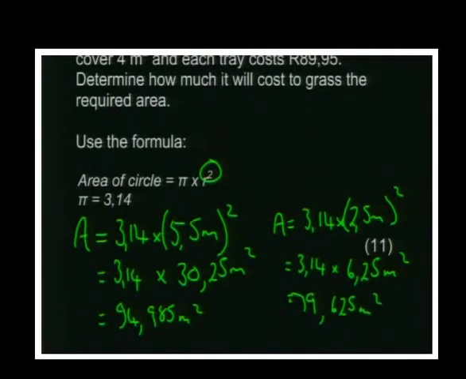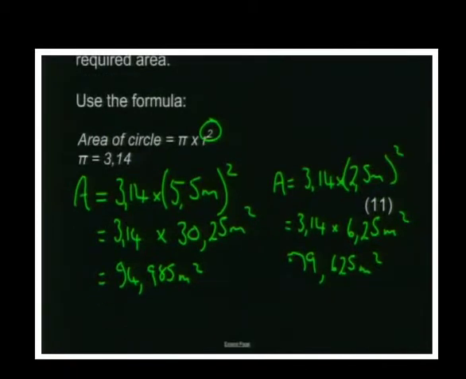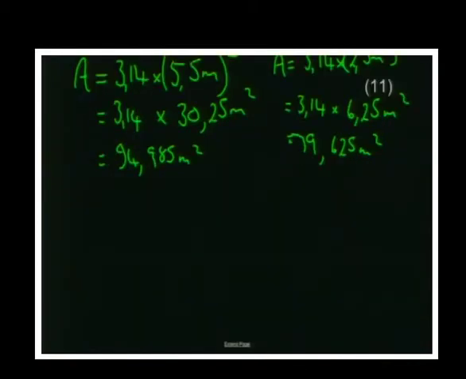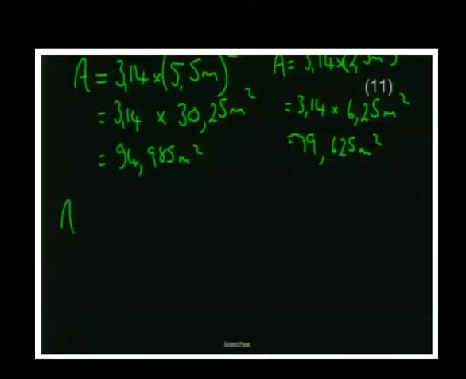19.625 meters squared. But now we have two different areas. The area of the whole pooled area, including the pool, and then the area of just the pool. Now, if we take the whole area minus the pool, we're going to be left with the area that needs to be grassed. And that's the part that's important to us. So I'm now going to say the area of grass equals this 94.985 meters squared minus the